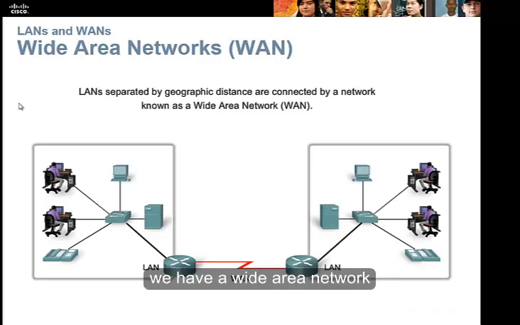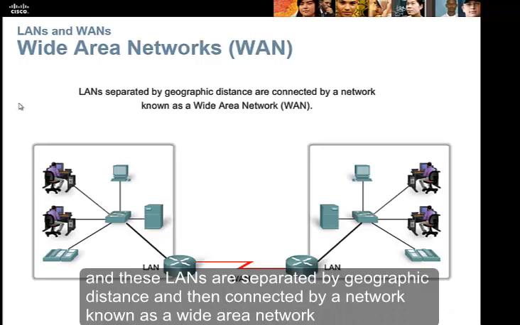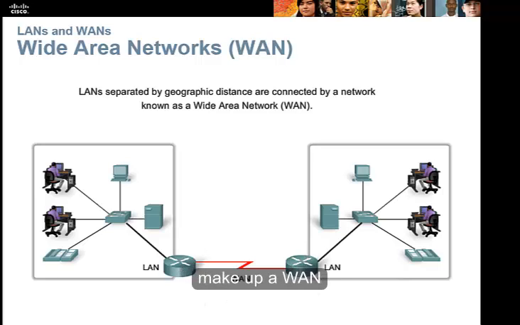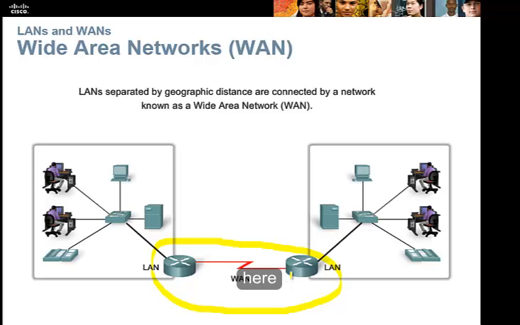We have a wide area network, and these LANs are separated by geographic distance, and they're connected by a network known as a wide area network. This particular one has two routers. These two routers make up a WAN here. And then we have two LANs.